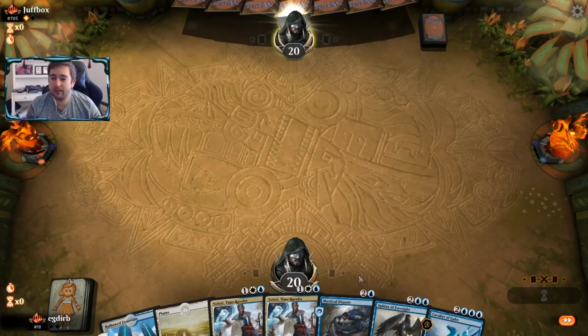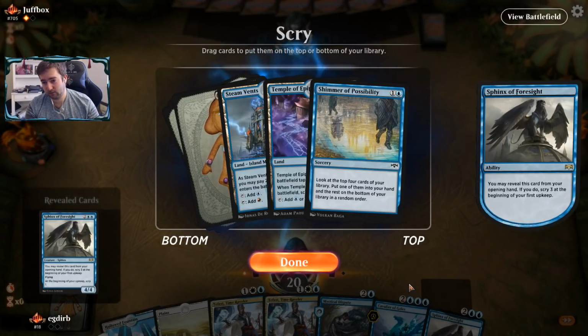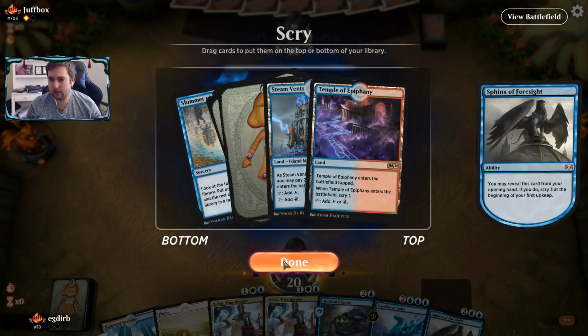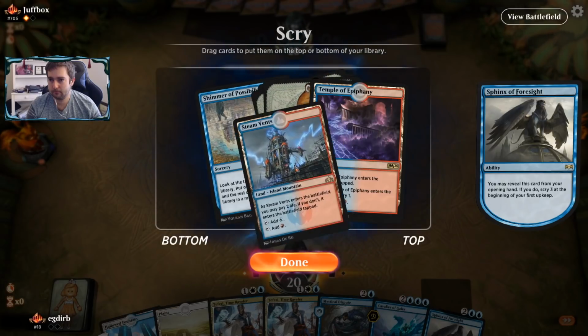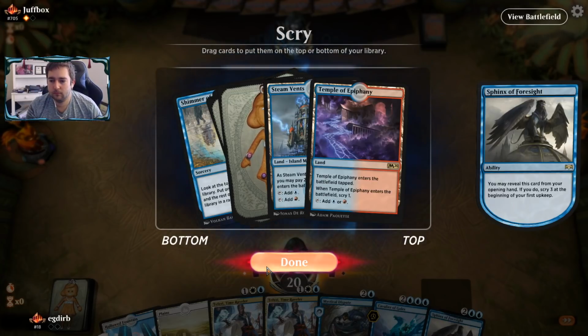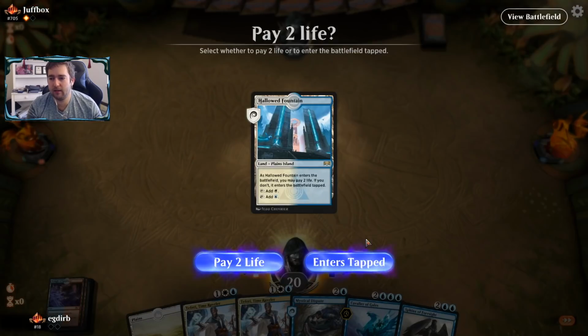We're good here. Once again, we don't have fires, but we do have Teferi, which is a really good card in the matchup. I think we just ditch this Shimmer of Possibility. I don't think we want that one. Just make sure we have our land drops, and Teferi is...